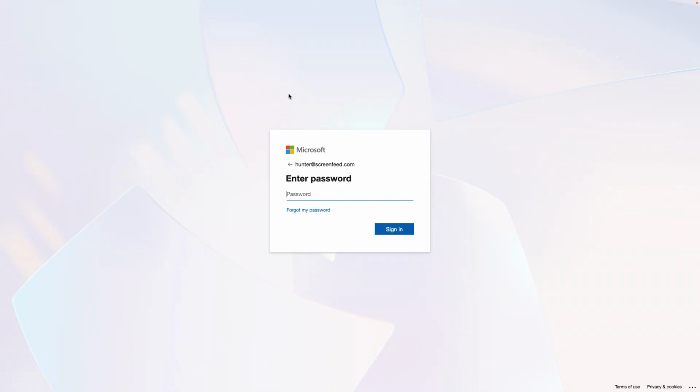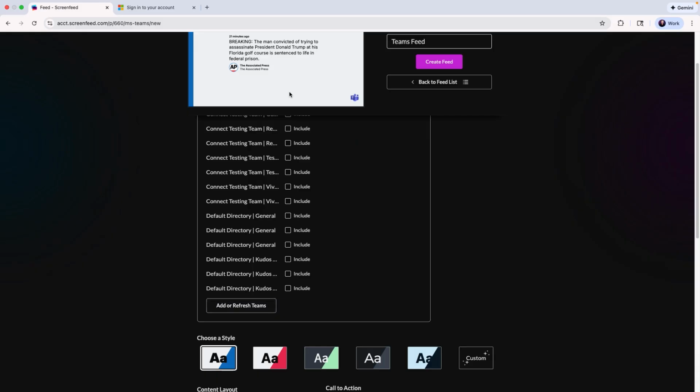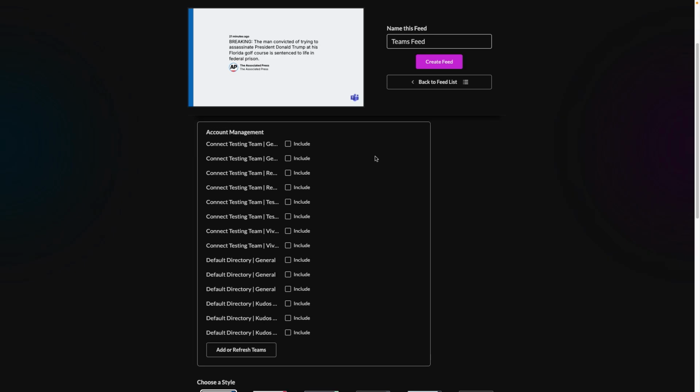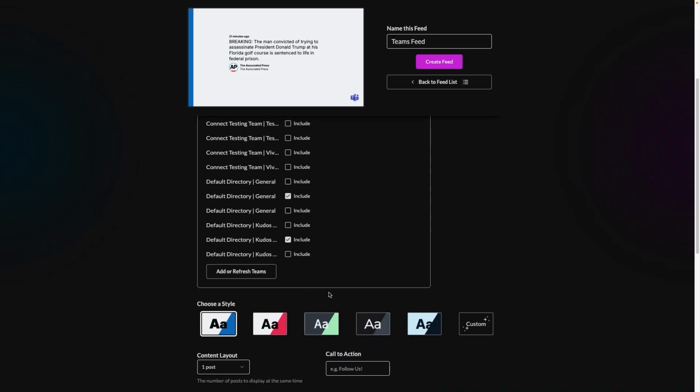This installs an enterprise application on your Microsoft tenant that is read only for Teams available to the user authenticated. This access is read-only and can be scoped further in Microsoft Entra. You may need to be a Microsoft 365 administrator to authorize ScreenFeed for access. Contact your administrator for approval. Once authenticated, a list of available channels should appear. Click the checkbox next to the channels you want included in the feed.